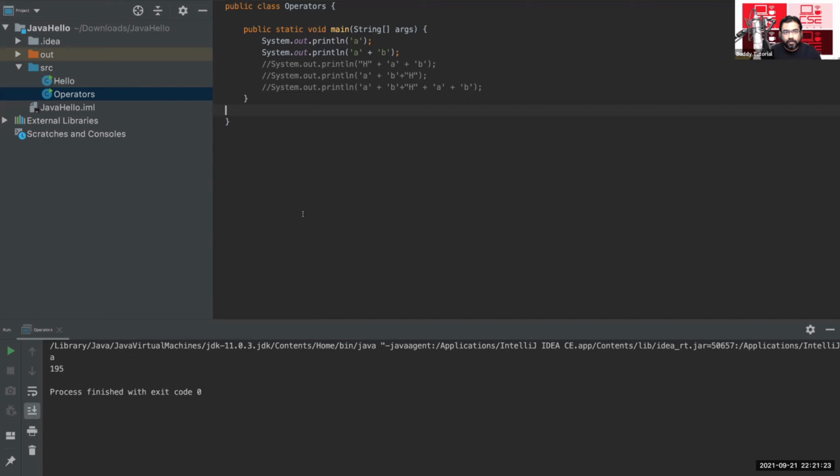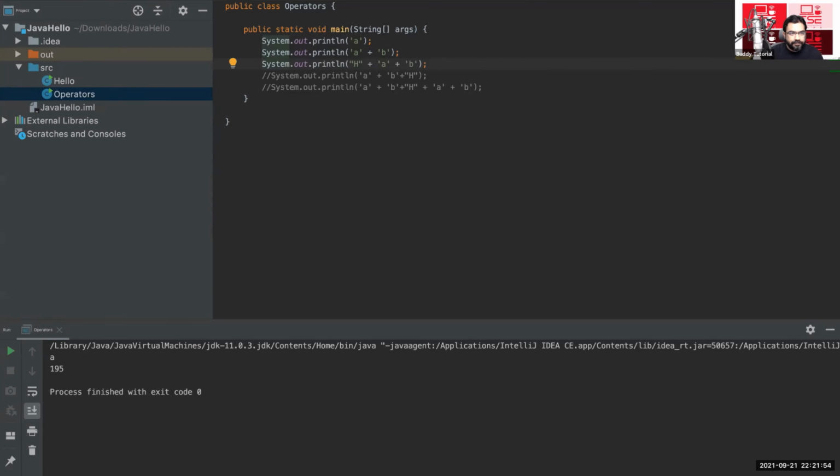It is because plus can only do numerical addition or string concatenation. Here none of the sides is a string, so it will be numerical. Your left and right hand side characters will be converted to their respective ASCII values, and then they will be added. Clear until now?